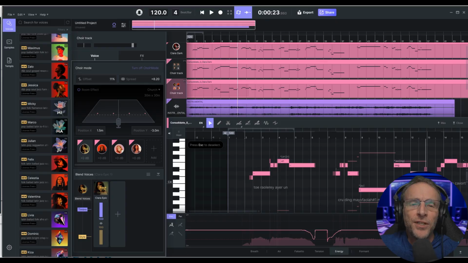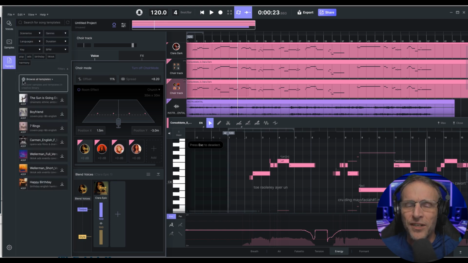How about English? Some of us speak that language. What about that? Do we have any examples of that? Like really? Okay, I get it. You've made your point. Let's check it out. As I mentioned, the Clara Epic voice is trained on English. The Clara Dark is trained on those more nonsense words. To show you some more cool examples, let's use their template feature, which is where I got that other piece.